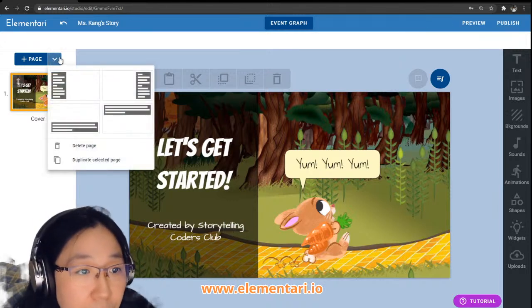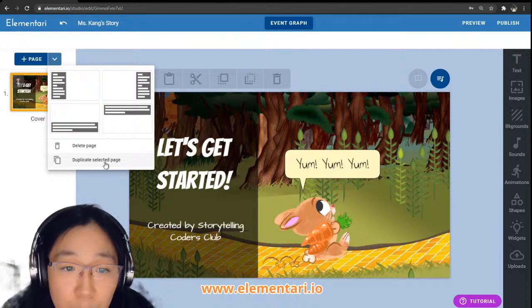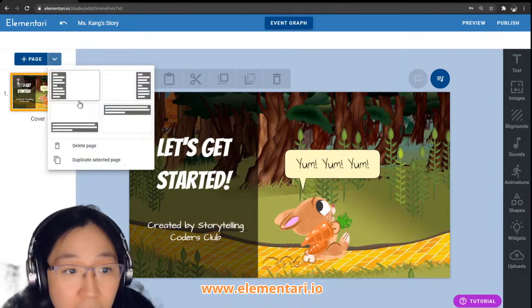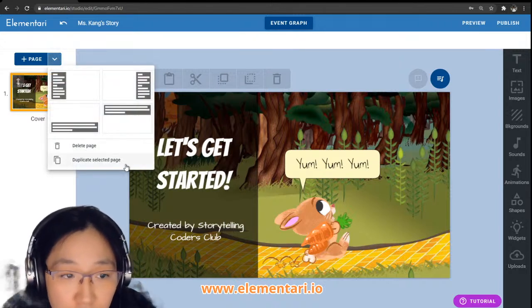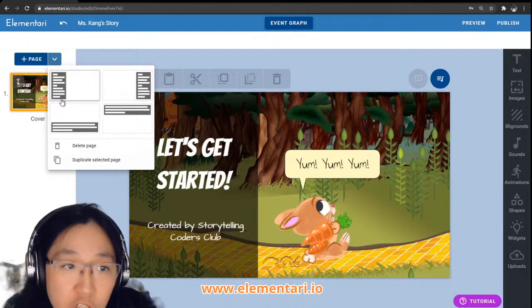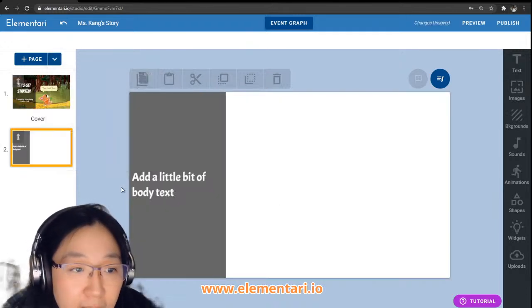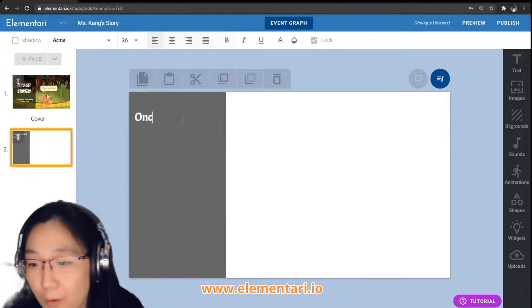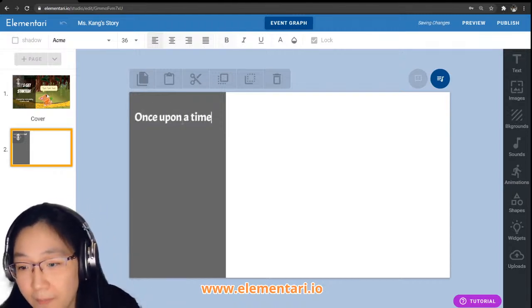I can also duplicate a page if I want to copy this page. This is kind of nice. It's right here, there's a little down arrow. You can click on that and you can delete the page, duplicate a page, or choose from one of the templates. So I'm going to choose one of these so we can have some story going on. So I don't know, once upon a time,